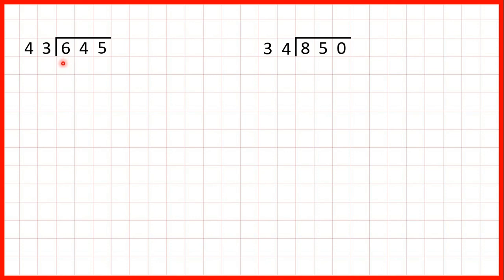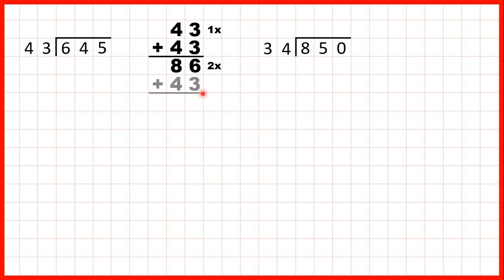Now, we need to divide by a two-digit number using long division. First, we have 645 divided by 43. So, we need to work out our 43 times table. 43 is 1 times 43, and if we add another 43, we get 86, so that must be 2 times